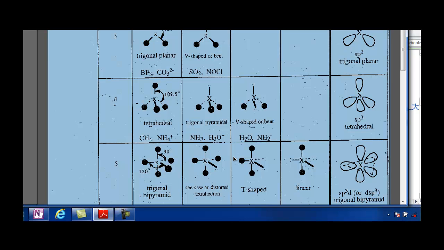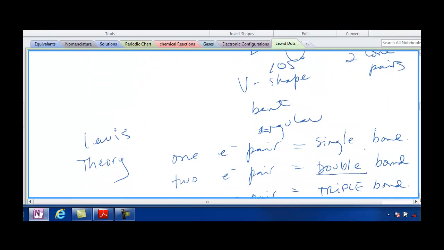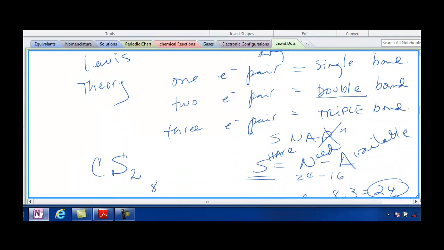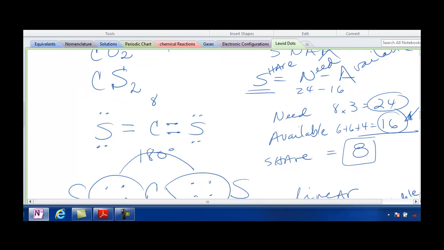Okay. CO2 was, I think, our next one, after water. We did CO2 or CS2. Carbon has 4, oxygen or sulfur or selenium will have 6. And what was the Lewis dot structure for that? Okay, so first we do Lewis. You do trial and error, or you can snap it. Shared is needed minus available, is what we did. Now I'm adding to this, besides Lewis being